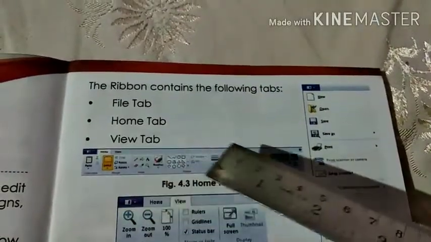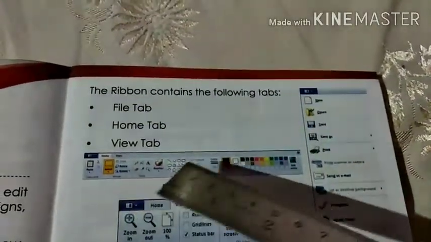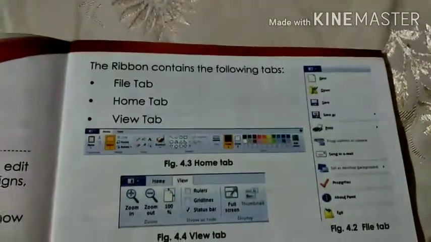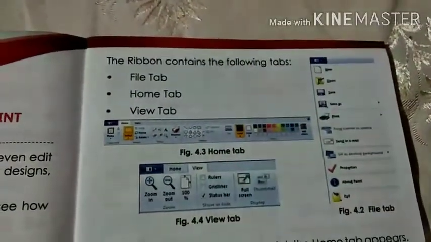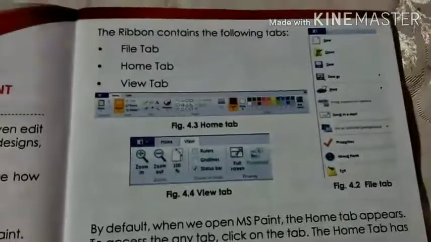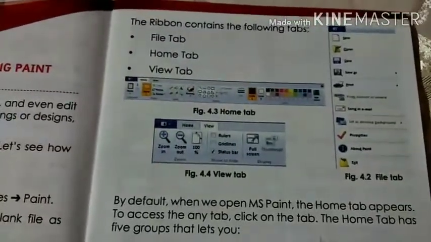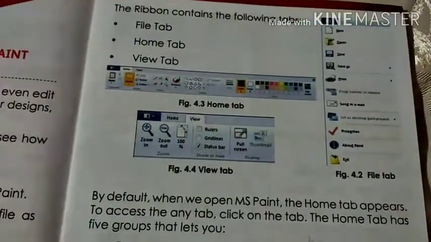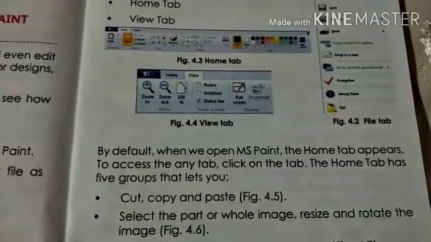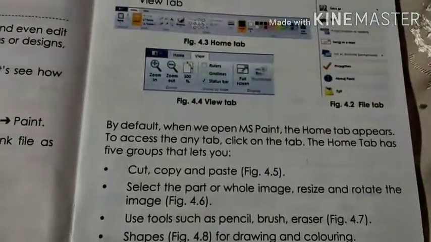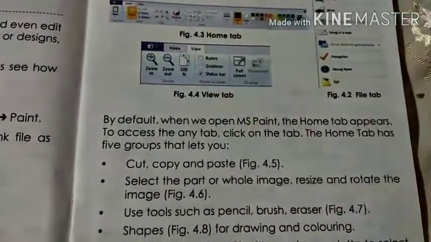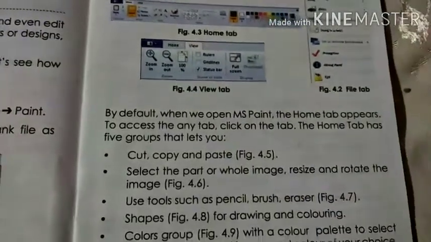Everything we use for drawing is there in the home tab only. And in the view tab we have options for making the drawing full screen or zooming in or zooming out. By default when we open MS Paint, the home tab appears. To access any tab, click on the tabs.